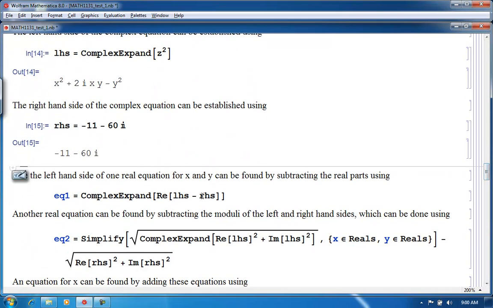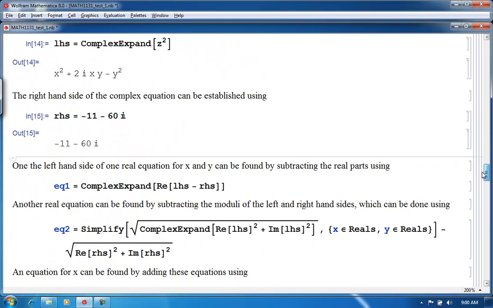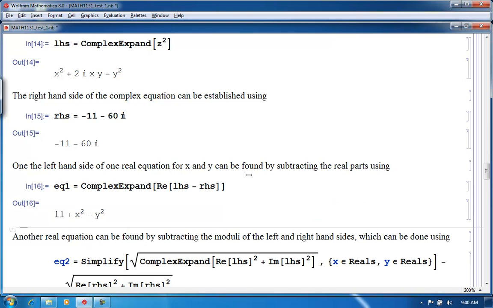Well, one equation for x and y can be found by subtracting the real parts of both sides. So we can do that here, and that'll give us an equation which looks like this. Now another real equation can be found by subtracting the moduli of the left and right hand sides. So the modulus of the left hand side is computed using this,